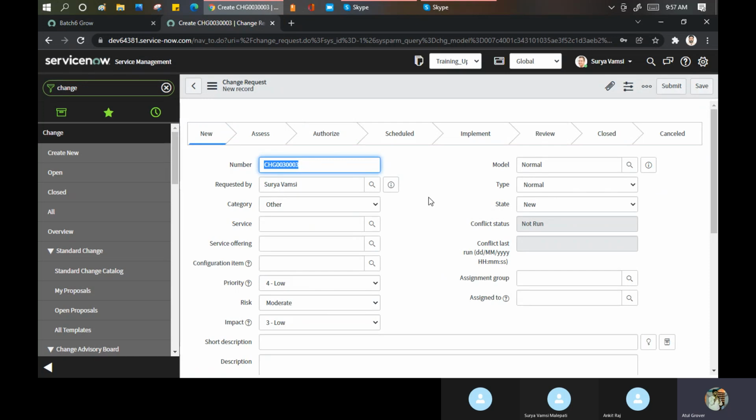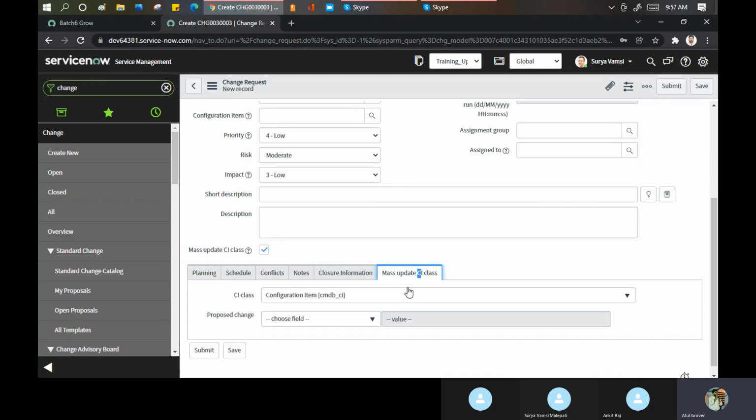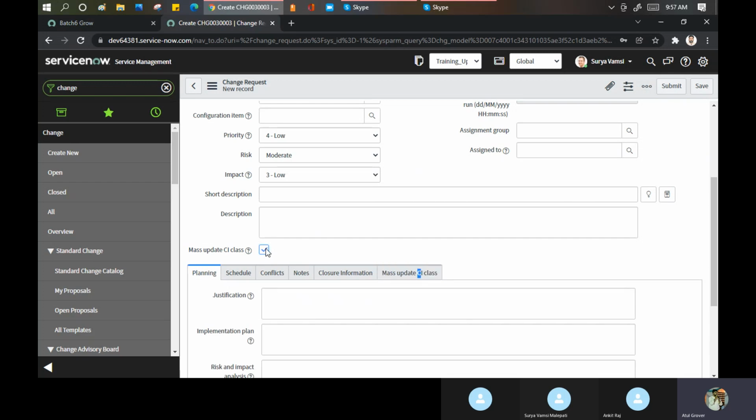Okay, so now you can see what we did or what we edited. You can see it is there now. This plugin has been activated and this field has been added here. And when you click on this, the option comes automatically. Okay, so this is basically called plugin activation.